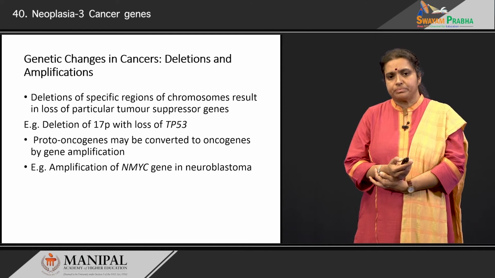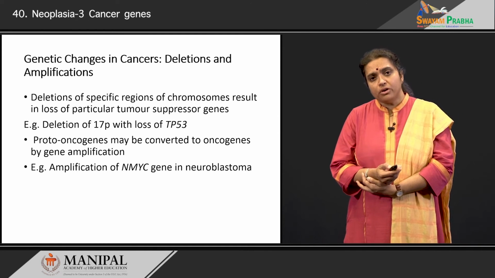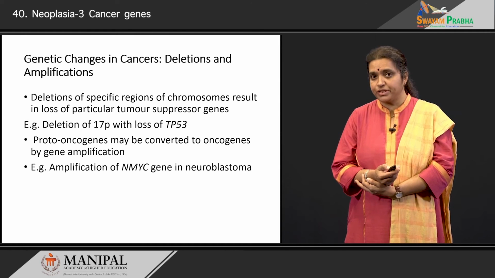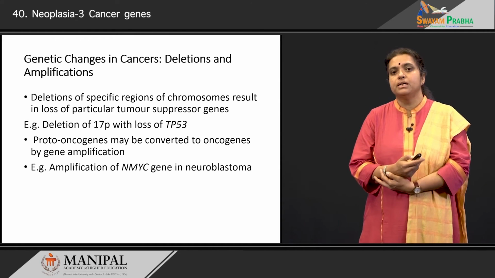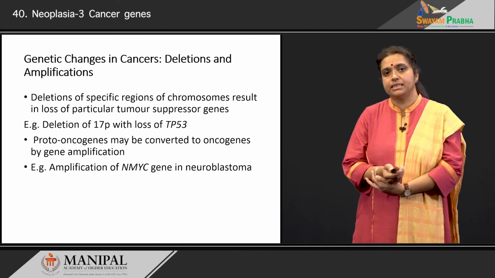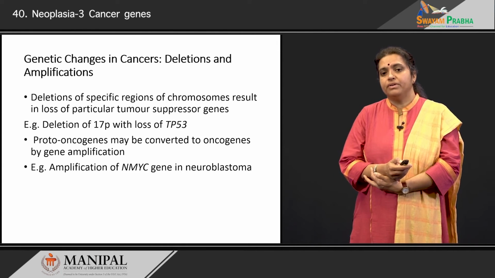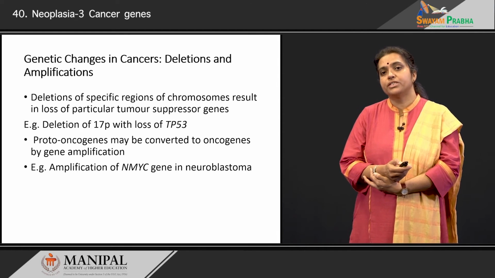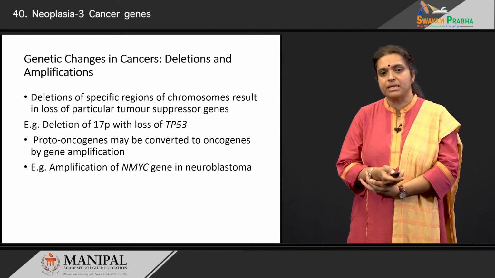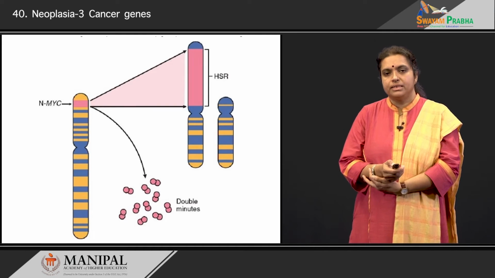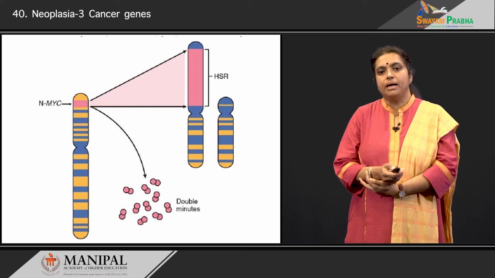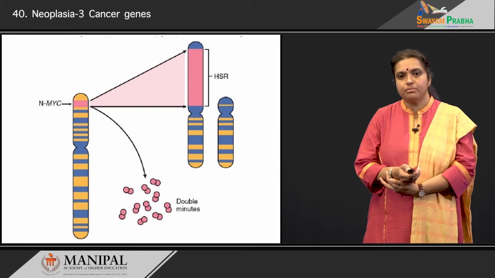Now, proto-oncogenes may be converted to oncogenes by gene amplification. So, gene amplification is another genetic change that can occur in cancers, and a very good example of this is the NMYC gene, which is amplified in neuroblastoma. Here is a picture that shows the NMYC gene that can be amplified to a great extent in neuroblastoma,